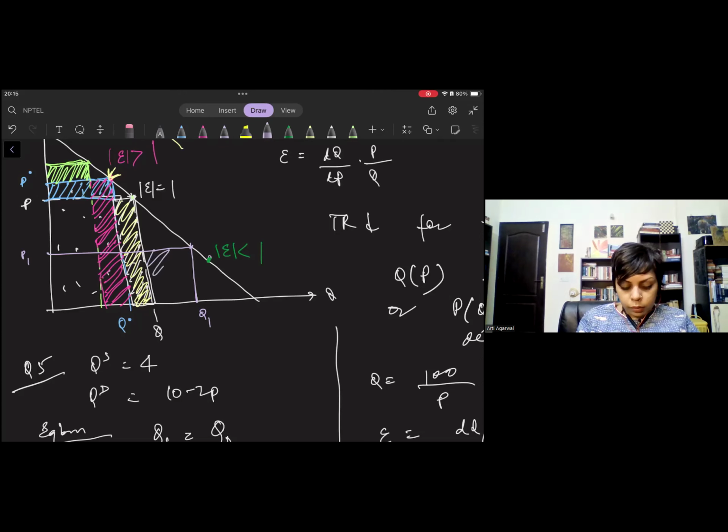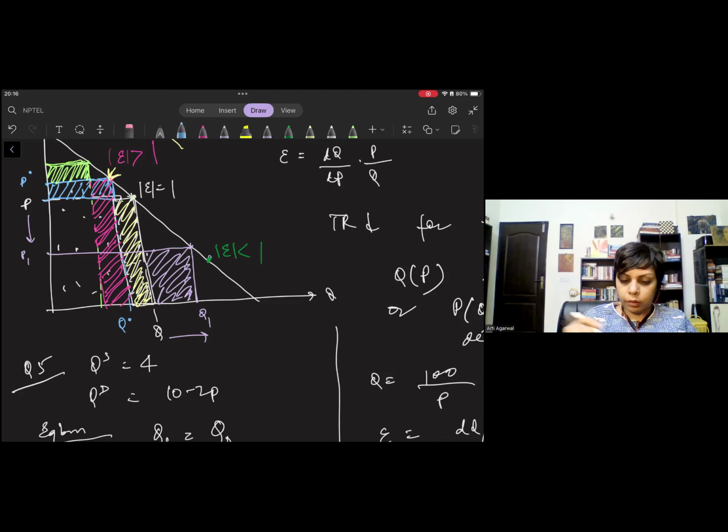Now you are gaining this much, okay? This much revenue is gained from, you're deviating from Q and from P. What is happening if you're moving in this region? Price is decreasing and quantity is increasing. So here you have gained this whole